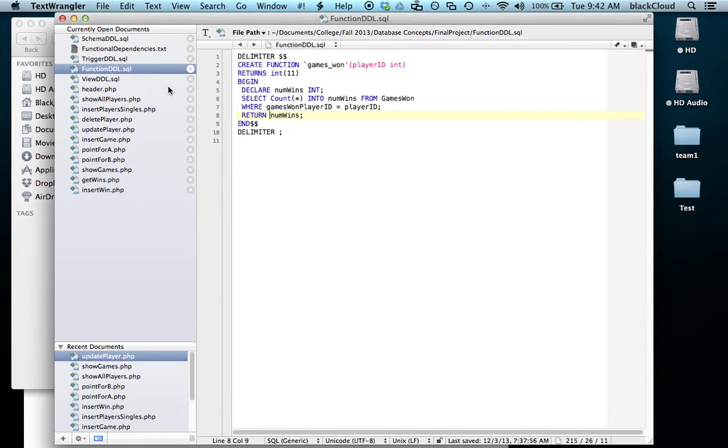For the function, I wanted to be able to show which games a certain player has won. So this selects, or excuse me, the number of games a player has won. So this counts from games won where games won player ID is the one you've passed to it, and it returns num wins,